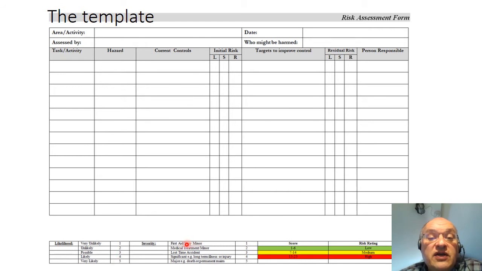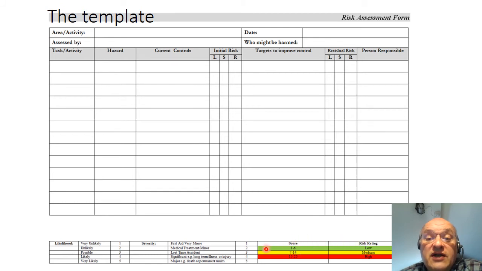The severity can go from minor injury up to potentially fatal accident, and the scores here as well are going 1 to 5. It's the lecturer doing his or her best to identify what rating should be given, and it's put in here for likelihood and severity, and then it's multiplied, and the resulting risk rating is then compared to the risk